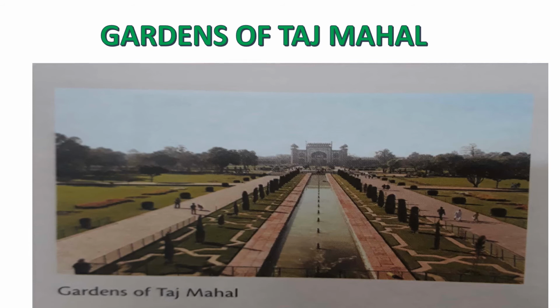This is the garden of the Taj Mahal. Under Mughal architecture, the laying of gardens is one of the most important aspects. The garden is set out along classical Mughal lines, a square surrounded by long watercourses with walking paths. You can see here in this picture, fountains and ornamental trees, enclosed by the walls and structure of the complex.